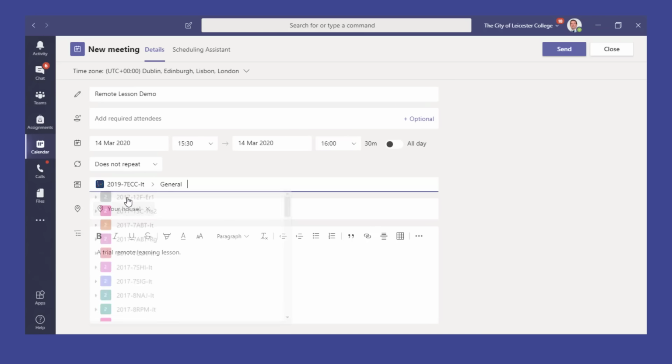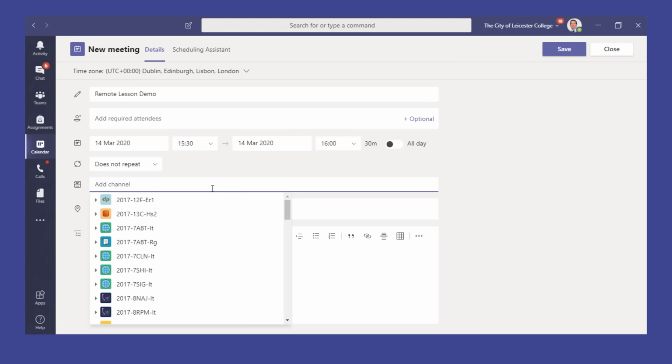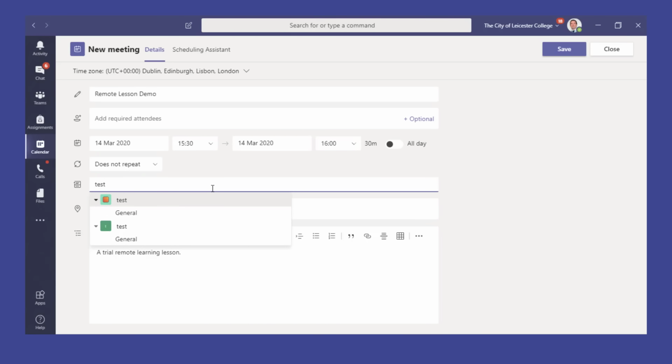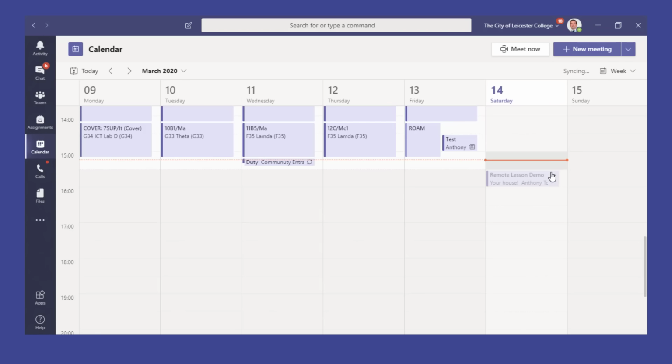Now, I'm not going to do that now. I'm going to instead switch this over to a test group because I don't want to disturb my students unnecessarily. So let's put it in the test group for now so I can show you the features. So I'll just send that to my test group. So you can see it's created this test